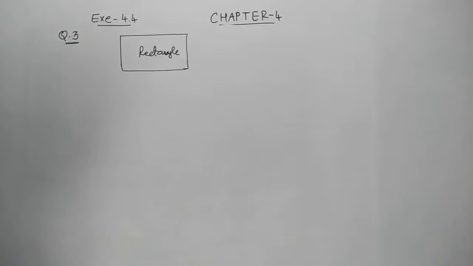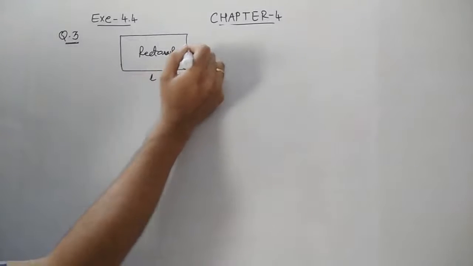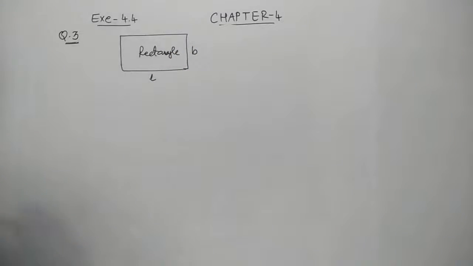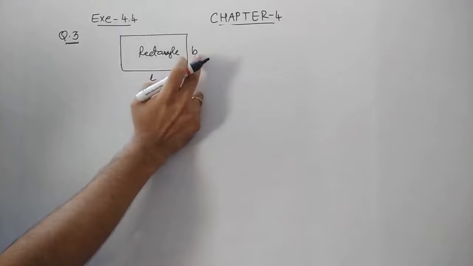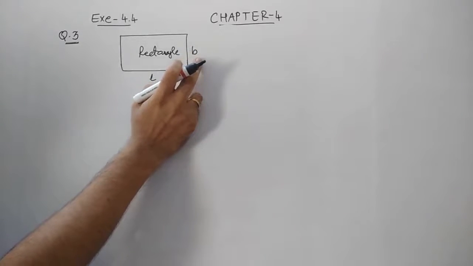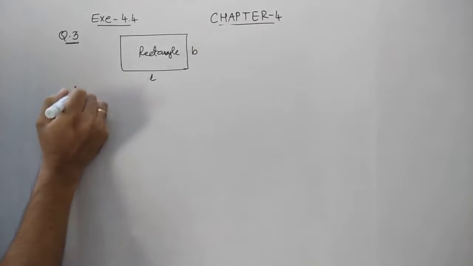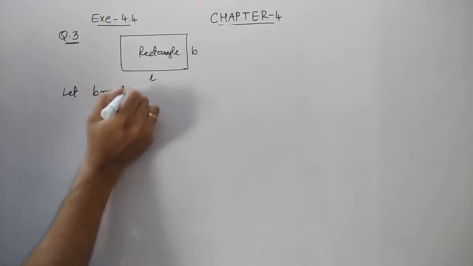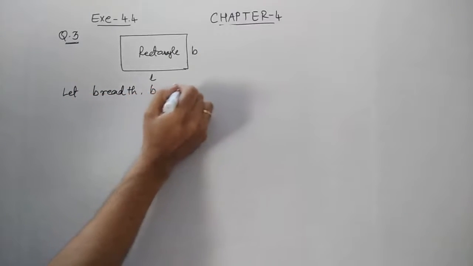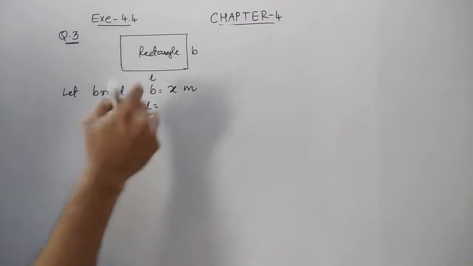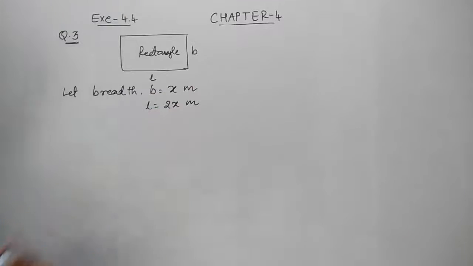It is said that the relation between the length and breadth is given. Length is twice its breadth, and the area. So look at the students, we have to find out the length and breadth. If I consider this is the length, this is the breadth, so they have given the comparison of length and breadth. So for one of the dimensions we have to suppose x. As we discussed earlier also, the length is compared with the breadth. So let us assume the breadth of the rectangular shape is x meter. So the length is given twice its breadth, so it must be 2x.